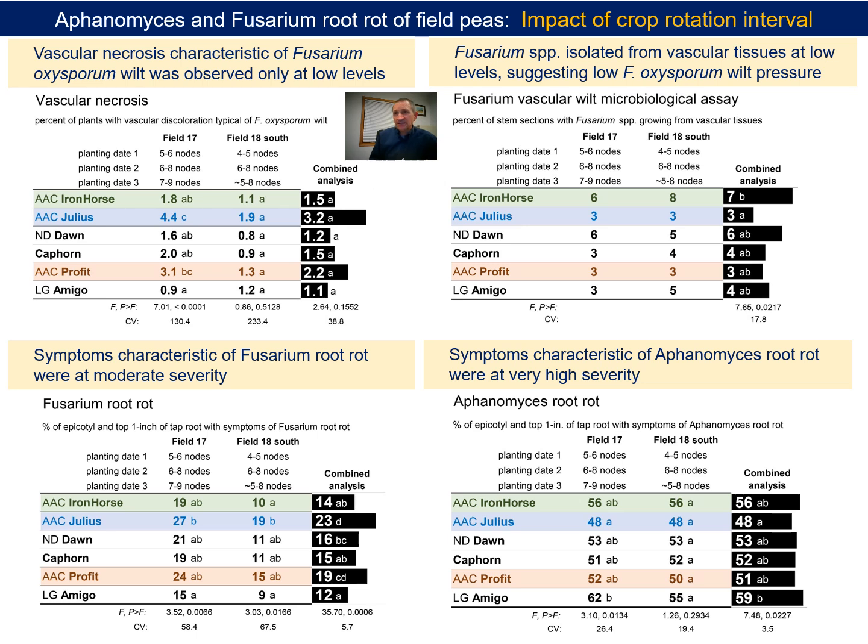What we looked at on 2 of the fields, we took some very detailed notes on the symptoms. And these 2 fields had 6 different field pea varieties, not just 2, and across all 4 planting dates. So 6 varieties across all 4 planting dates. And in planting dates 1, 2, and 3, we assessed the